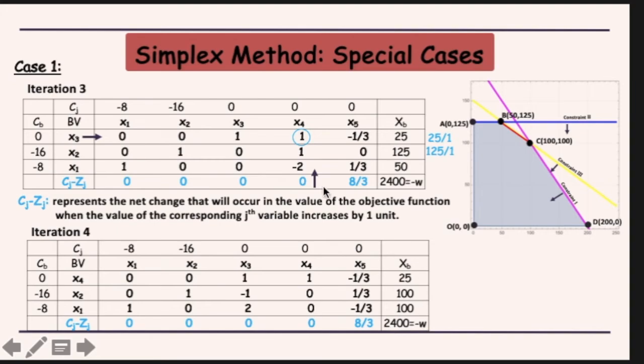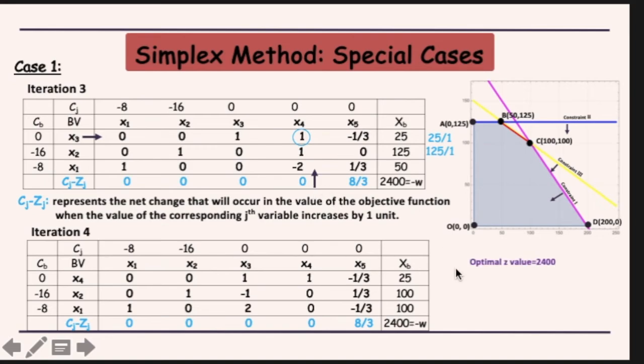Thus this presence of a 0 value for Cj minus Zj for a non-basic variable would always indicate another optimum solution to the problem. Okay. So we can see here that we get another optimum solution, which is x1 = 100, x2 = 200 if we refer to the original problem, that is this corner point C, and this solution we see has the same value of the objective function. So how do you identify now that a problem has multiple optimal solutions? Whenever you have a Cj minus Zj of 0 for a non-basic variable, that would indicate this particular case.